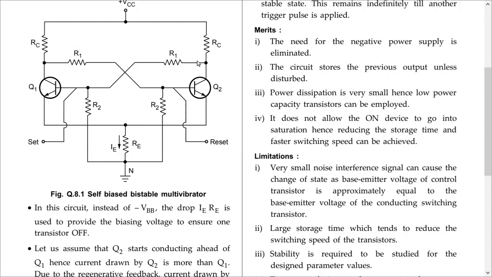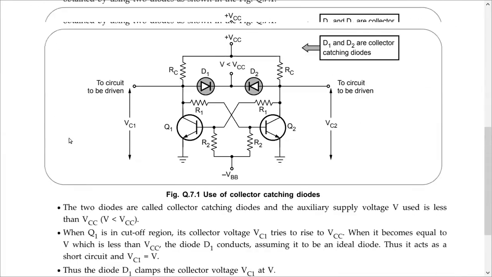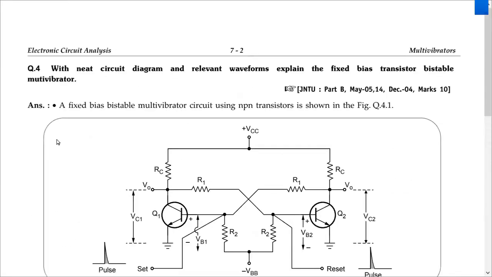Anyway, in most cases the collector is already positive, so the N side is positive and the junction is already towards reverse bias. Now if we make this junction also reverse biased, both junctions reverse biased means the transistor is off. So the only target is to make the emitter voltage of Q2 greater than the base voltage of Q2. Now the initial explanation will be similar to the previous case, similar to this circuit.